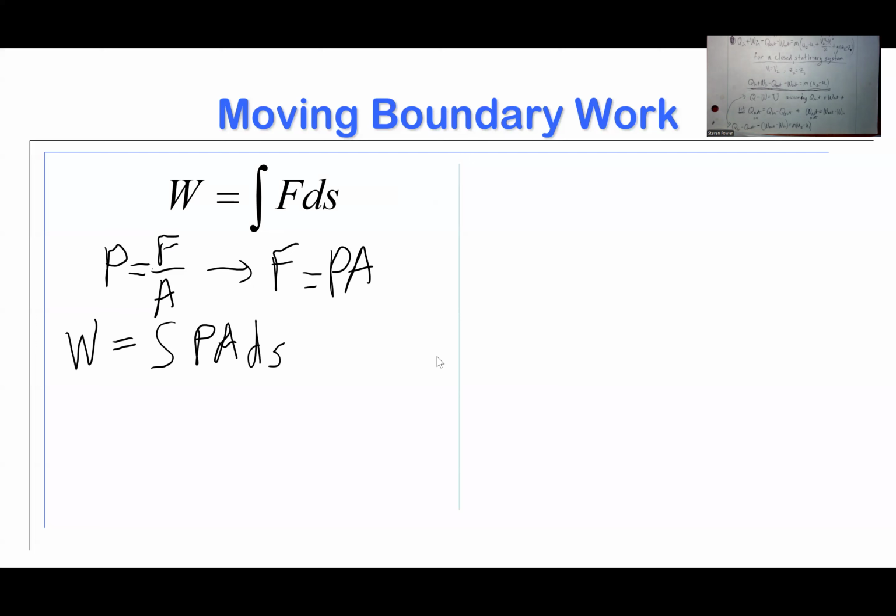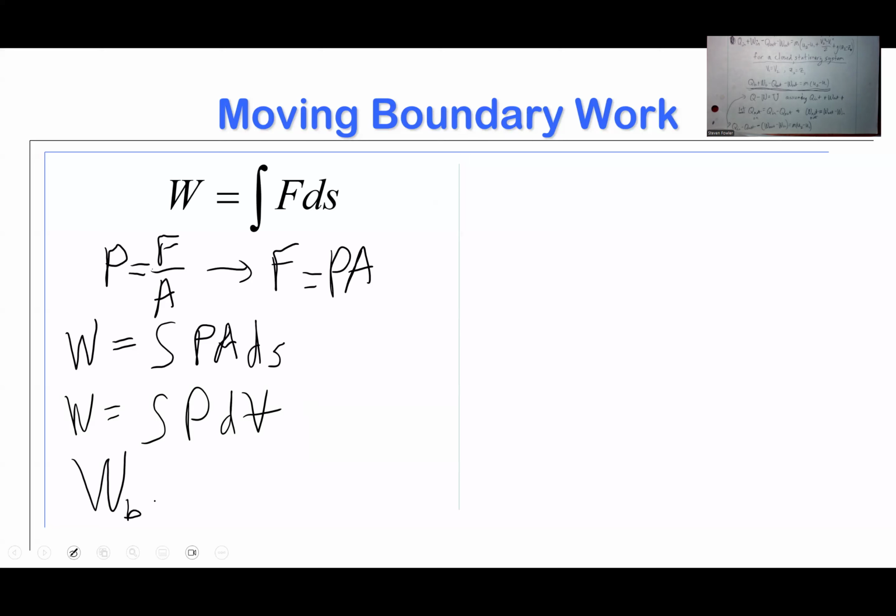So what happens if I take an area? So here I've got an area. What happens if I take this area and I multiply it by a tiny little differential slice of distance? Well, I'm still going to get a volume. This work is equal to the integral of pressure. And if I take area times distance, that's going to give me a volume, even though it's a differentially small volume. Pressure integrated over volume gives me work. And what we find is that